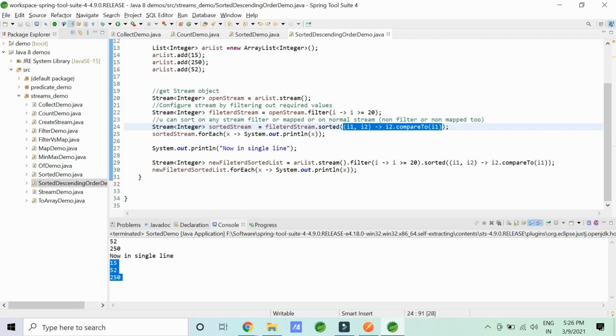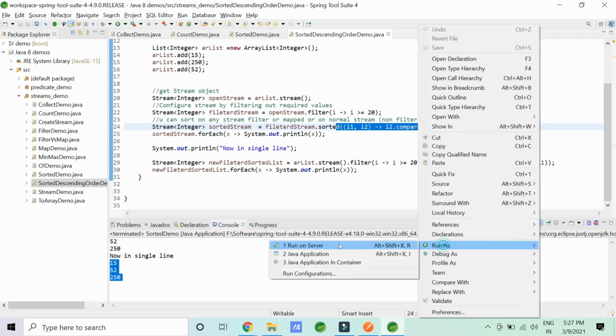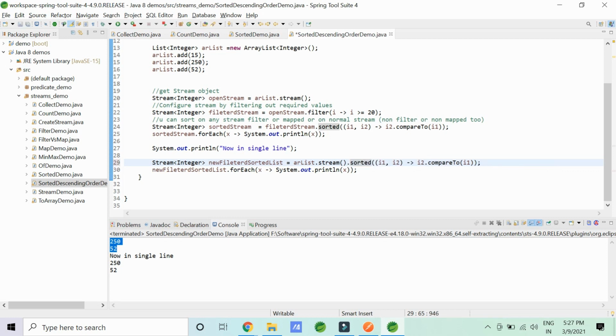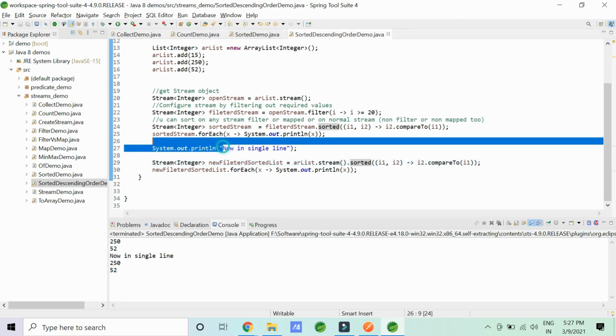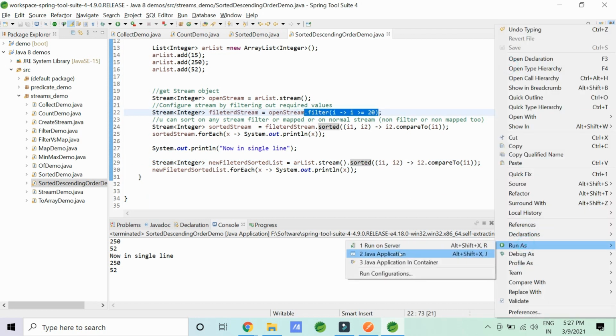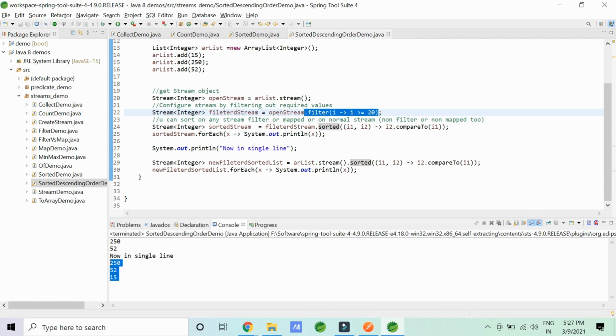So if I try to run this, first this filter will filter out only 250 and 52. And now I want to sort it in descending order. It should be 250 and 52 only. Let me run this for you. So yes, it's 250 and 52 only. I'll give you one more example. If I don't want to filter it and then sort it according to the comparator, it will give me 250, 52 and 15 in a single line, because I've removed the filtering from the single line one. It's still there in the descriptive one. So yes, it's 250, 52 and 15 because I've removed the filter part where I'm filtering only the elements greater than 20.